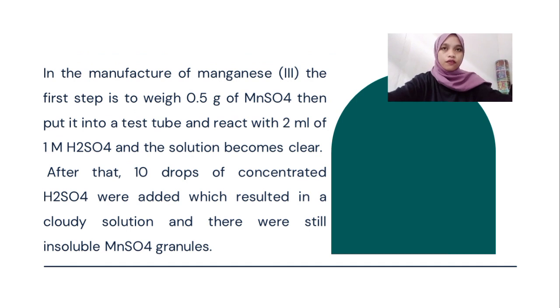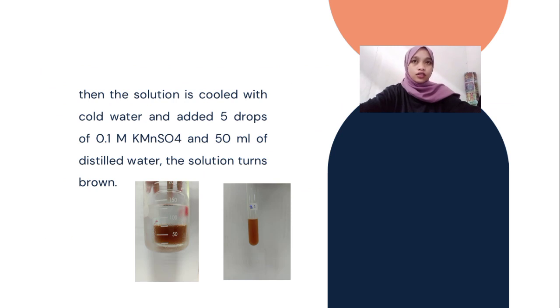In the manufacture of manganese 3, the first step is to weigh 0.5 grams of MnSO4, then put it into a test tube and react with 2 ml of 1 molar H2SO4, and the solution becomes clear. After that, 10 drops of concentrated H2SO4 were added, which resulted in a cloudy solution, and there were still insoluble MnSO4 granules. Then the solution is cooled